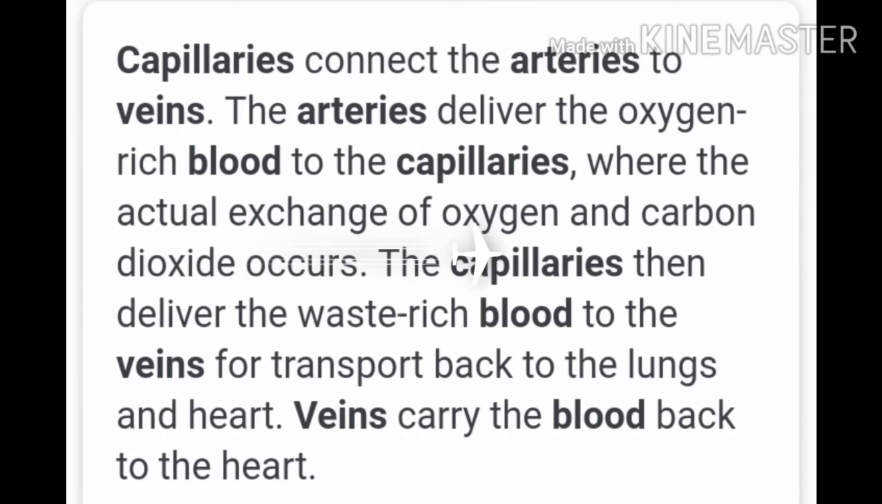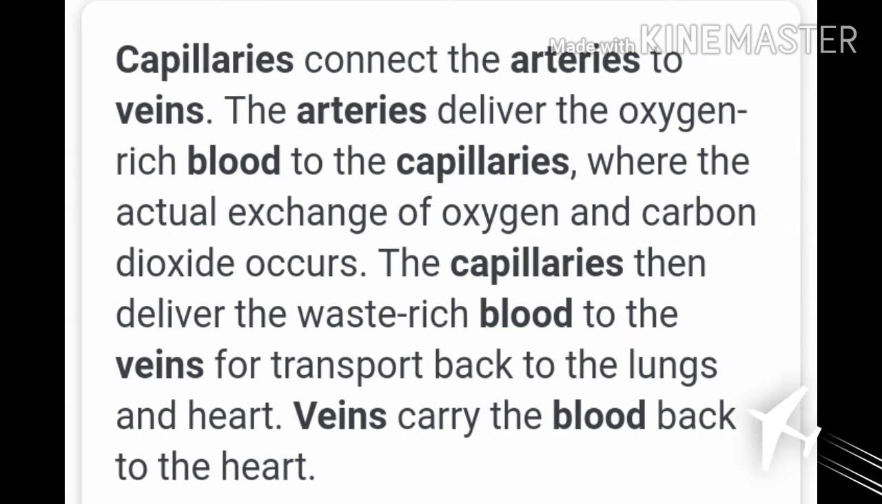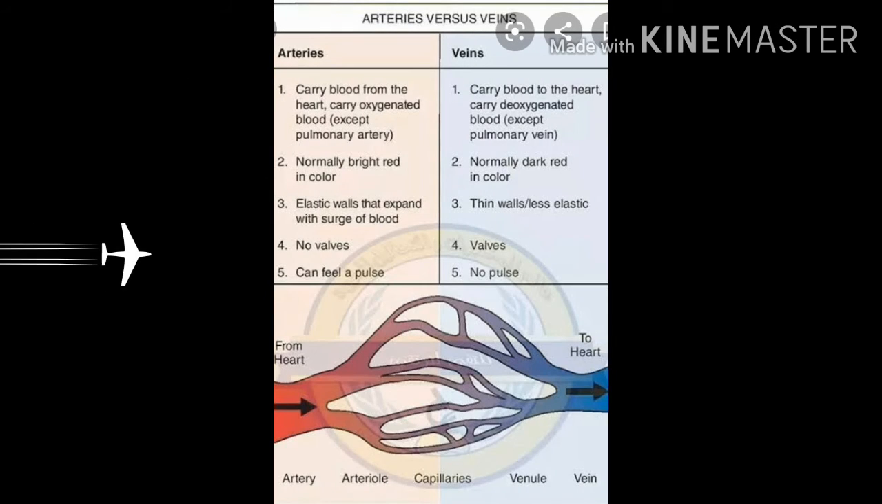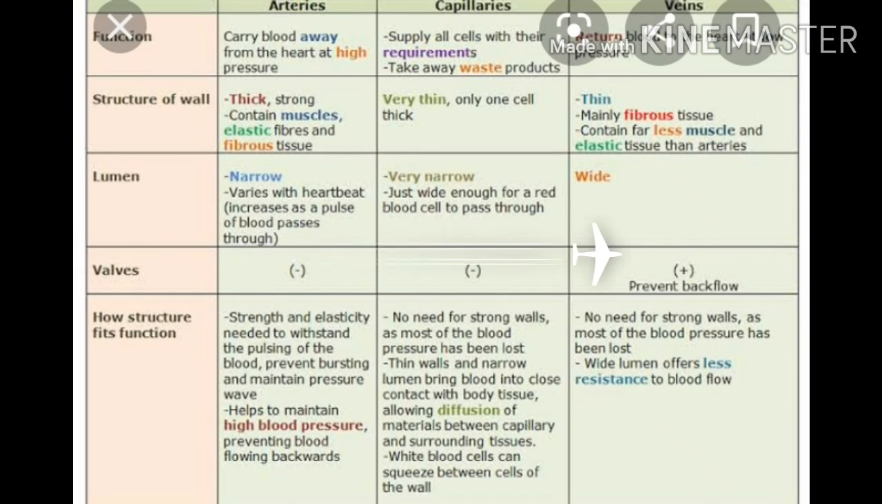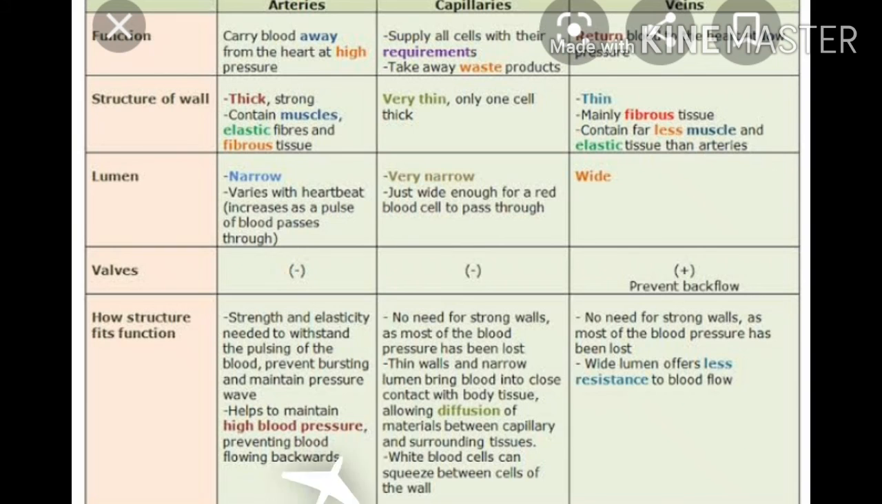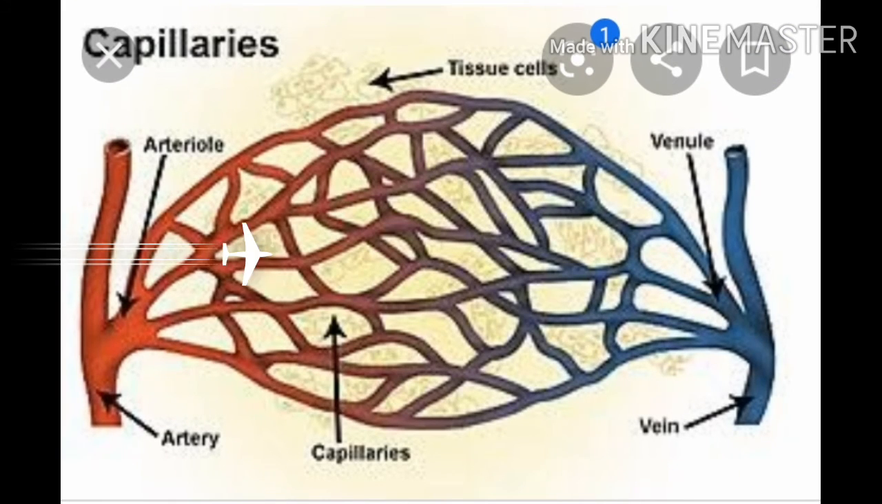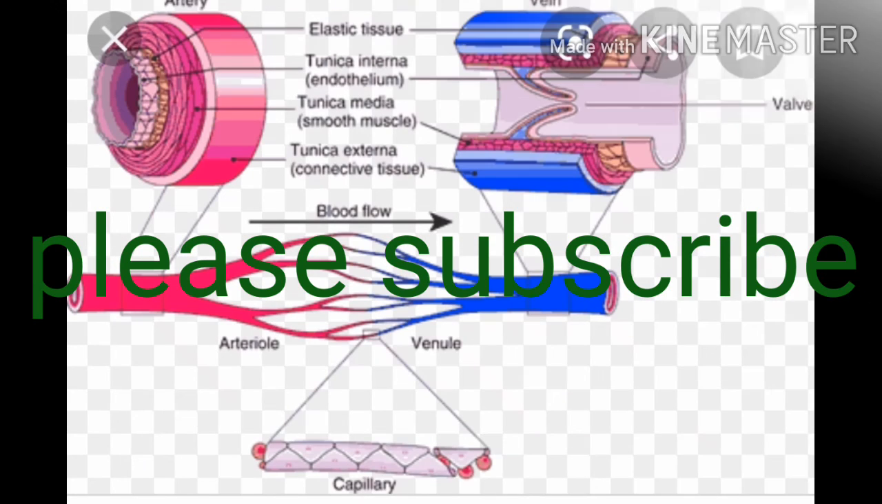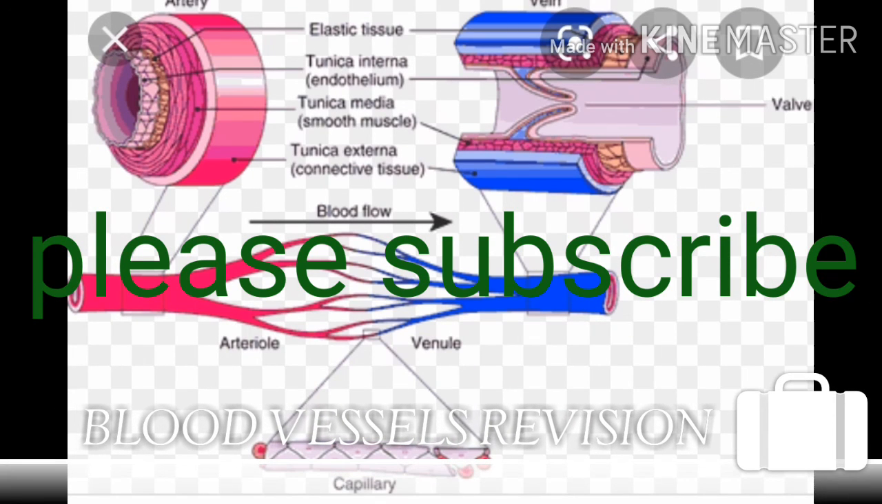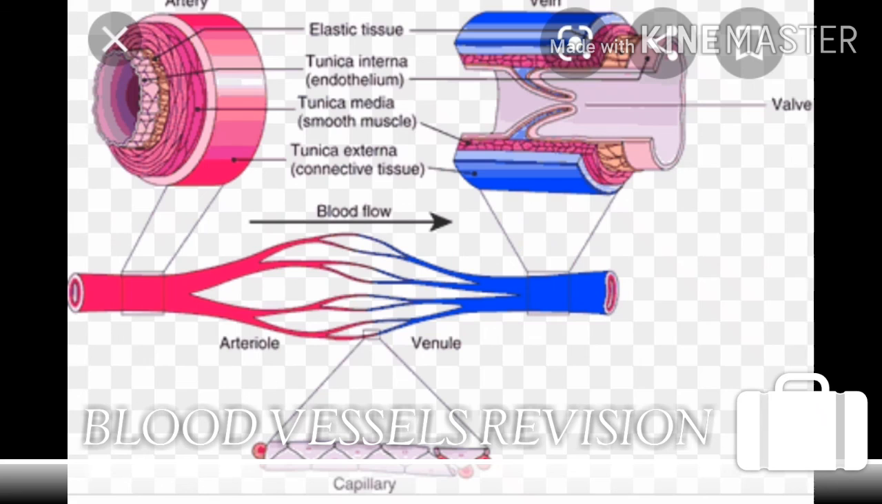Now I am repeating about blood vessels. The blood is circulated in the body in tubes called blood vessels. The blood vessels are distinguishable into arteries and veins. The arteries carry the blood away from the heart, whereas the veins carry the blood to the heart. All arteries except the pulmonary artery carry oxygenated blood, whereas all veins except